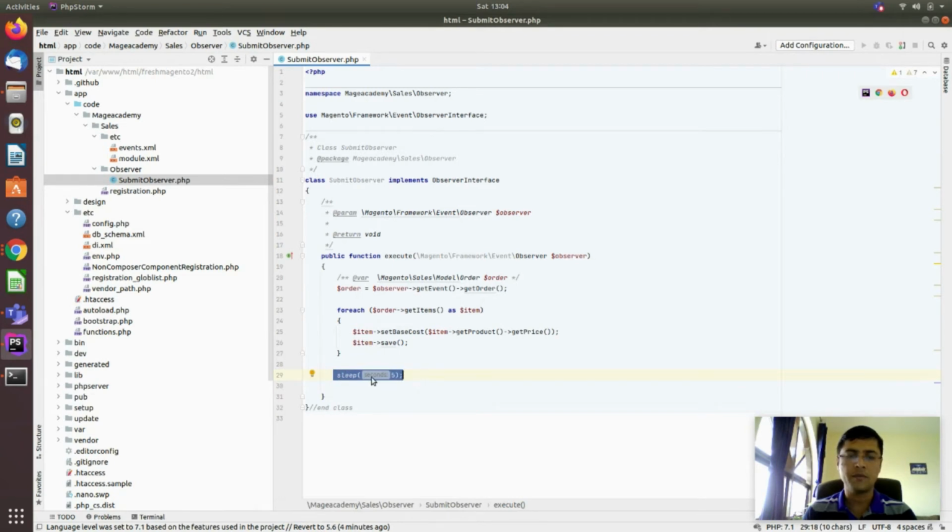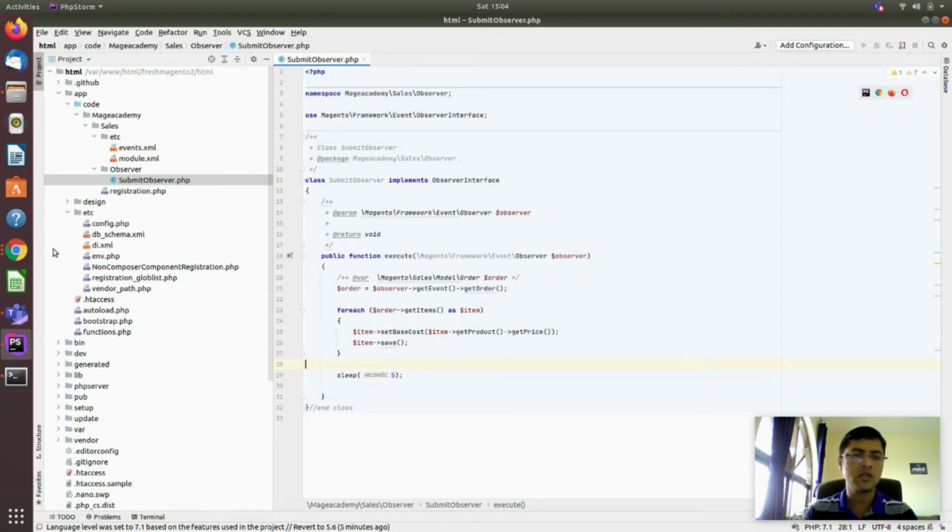Here you can add an ERP process or a MailChimp process or anything which takes time, around 5 seconds, 4 seconds or more, that you want to add after order placement.